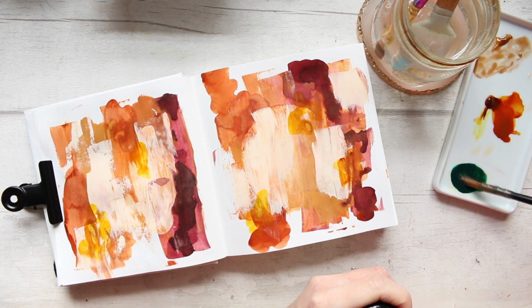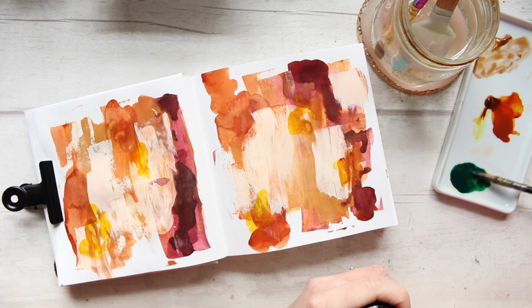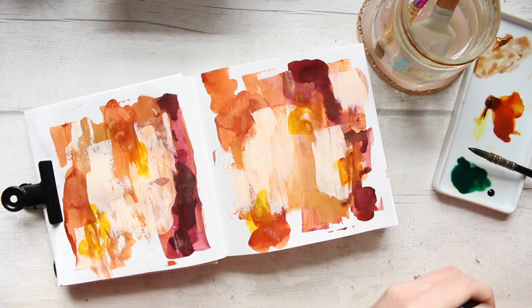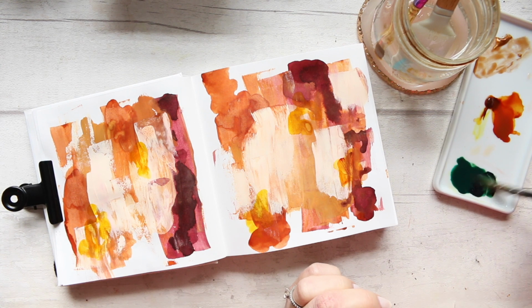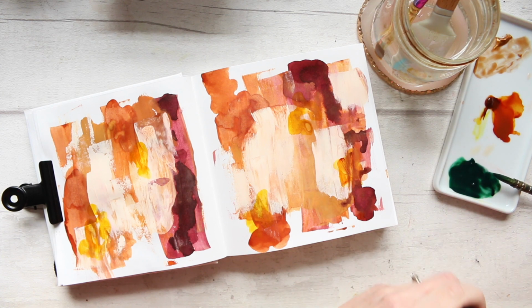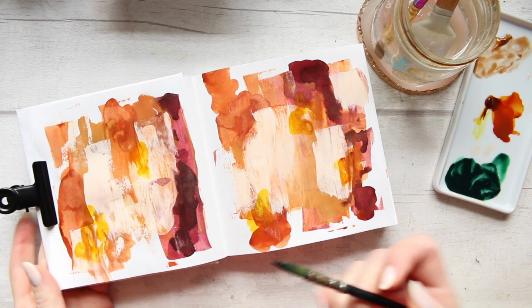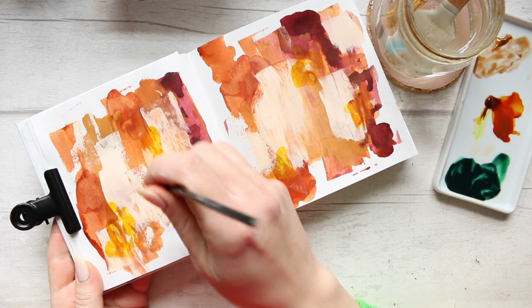So it's already a lovely neutralized green, but I do want a bit of darker tone, so I'm just going to add a touch of Payne's grey. There we go. Now it's a gorgeous forest deep green, and maybe even a touch more. That's it. Okay, lovely. So I will start just by kind of creating